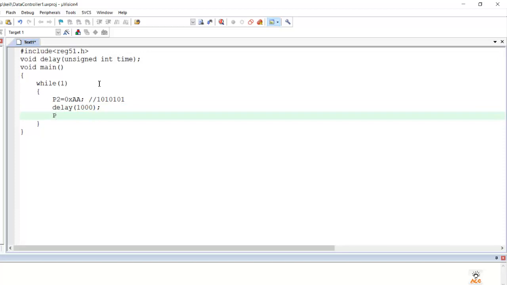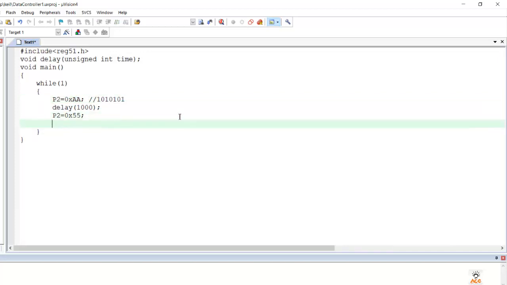Next we have P2 again, the same port, with the new value assigned as 0x55. This 0x55 is nothing but the reverse of 0xAA, so the reverse of 1010 and so on. Then again we'll call our delay function with the parameter 1000.